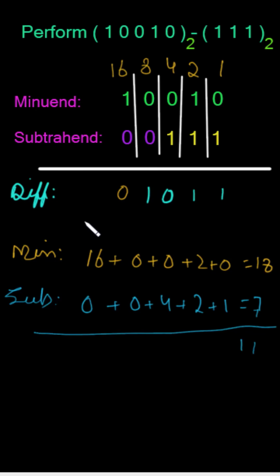Let me convert this difference as well. 0 times 16 will be equal to 0 plus 1 times 8 will be equal to 8 plus 0 times 4 will be equal to 0 plus 1 times 2 plus 1 times 1. Now 8 plus 2 is equal to 10. 10 plus 1 is equal to 11. So yes,